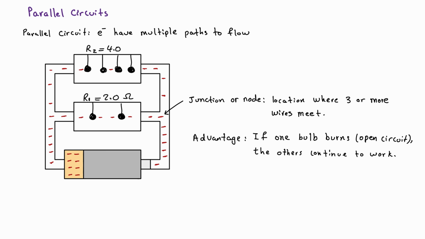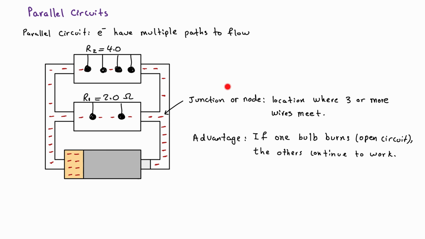In a parallel circuit, the electrons or charges have multiple paths to flow. So for example, in this one, as electrons start moving, once they get to this point, they're either pushed, you remember there's a force pushing them, they're either forced through this resistor or this path or this path, and they have to come back all the way to the battery and move, and next time they might go through this one, next time they might go through this one, but the idea is that they have multiple paths to